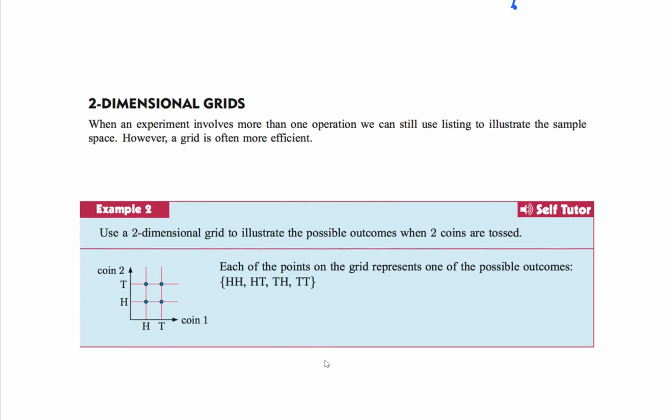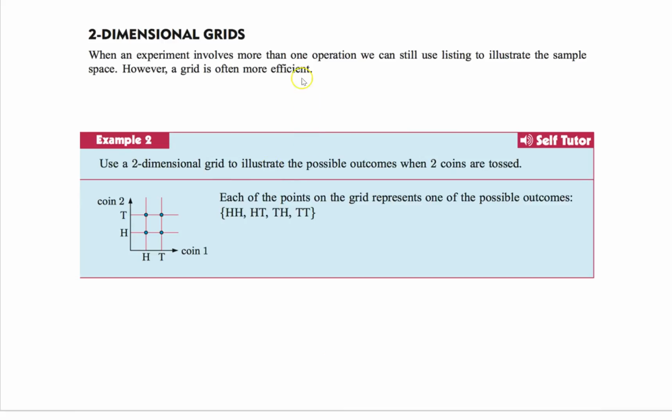Now let's look at two-dimensional grids. So right, sometimes when you're looking at two options, you want to do a two-dimensional grid. This helps you space out your information better. So here's a quick example. Someone's tossing two coins, so you're gonna get heads, tails, heads, tails. So if you want to space that out a little better, you can just go draw a little X and